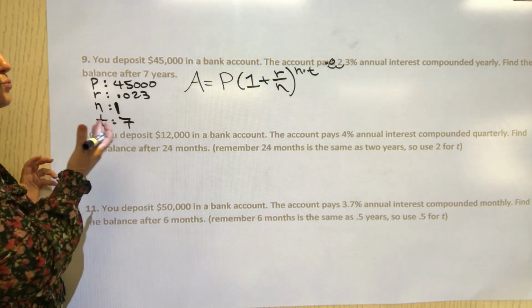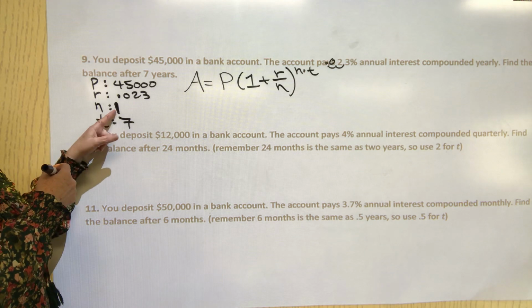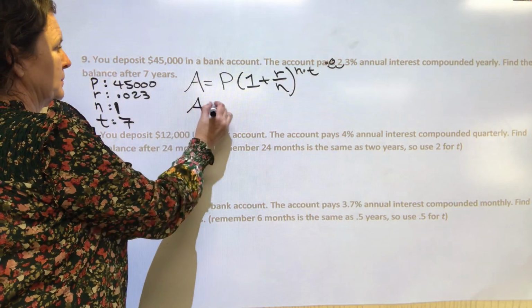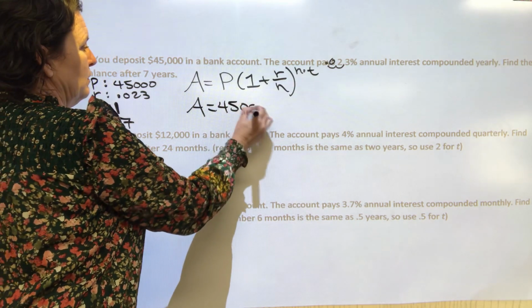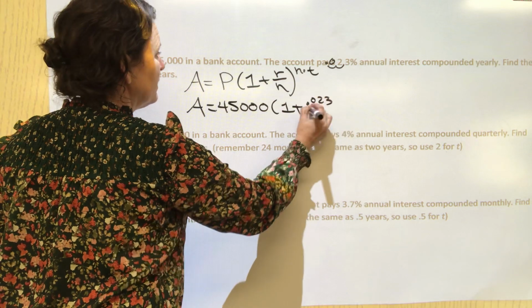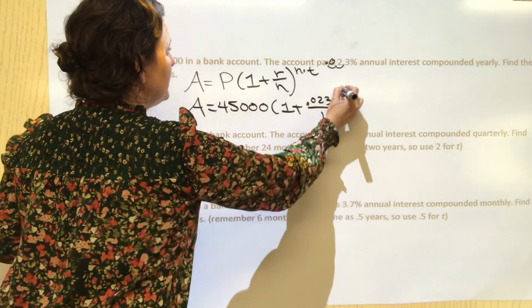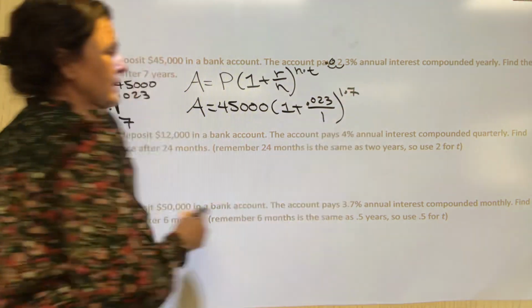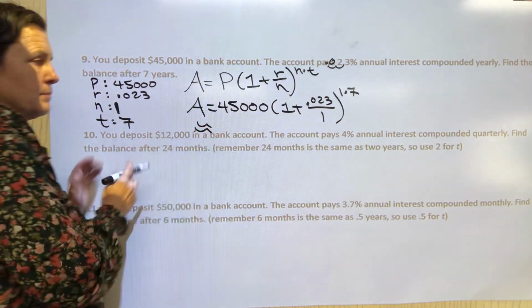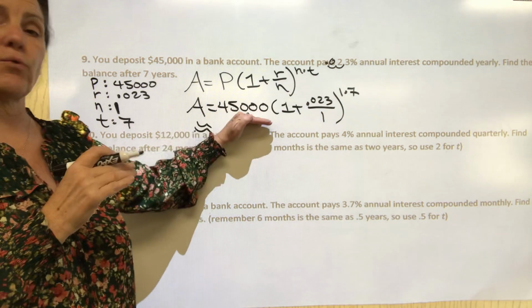So this is really a simple interest account because it's not really being compounded. But let's keep going. 1 plus 0.023 all over n, and n times t. Plop that into your calculator and let's see what you get. So go ahead and give it a try. Remember, it's 45,000,